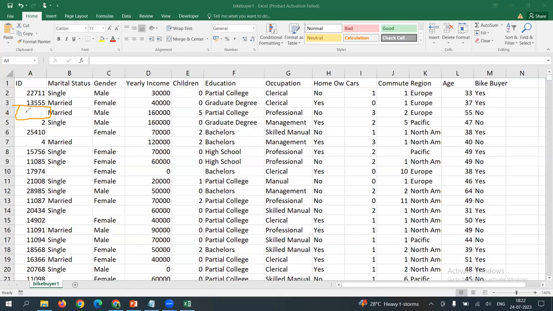Yes, there is no ID here. You're right, Zabji. Very nice. There is no ID. It is blank. It is empty. Similarly, if I take the marital status column, there is something missing here. See, empty value. There is no marital status information about the respondent. Likewise, if you see the gender column, there is something missing here. Such data are raw data actually.